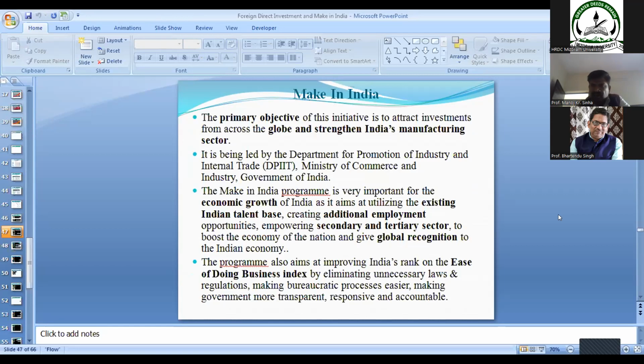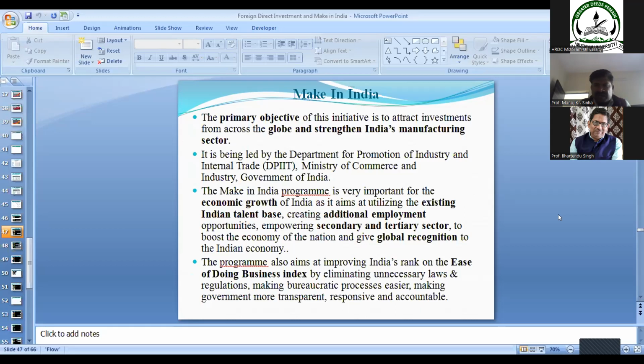The primary objective of this mission is to globalize and strengthen the Indian manufacturing sector. This will definitely increase the economic growth of India by utilizing the existing talent base. It will definitely create additional employment, and the share of the manufacturing sector in GDP will also increase. The target is fixed: from the present 15 to 16% contribution of the manufacturing sector to around 25%. This is the target, and the Government of India is also